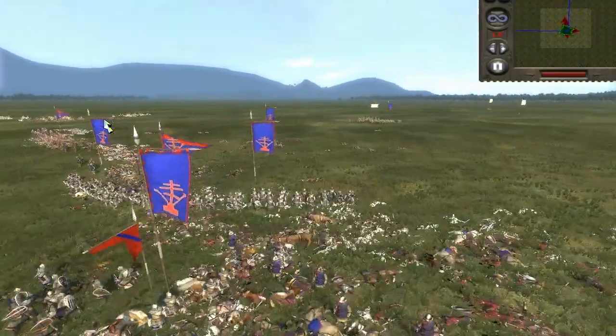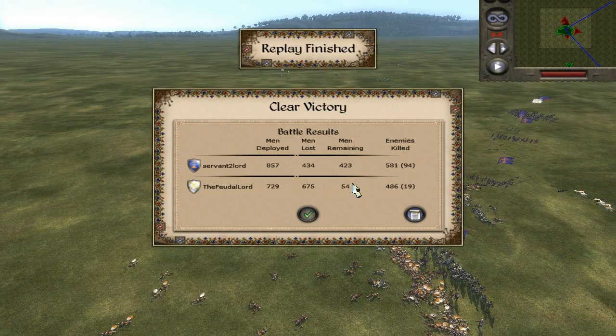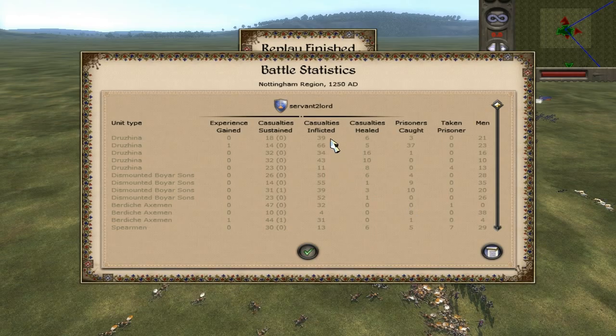So again, very good game, very close one. It says it's clear, but I thought it was pretty close, to be honest. That really could have been on. I won the cav fight a little sooner than he won his part of it, and that basically was the reason I won. So I get 581 with 94, so that's just short of 700 altogether, and he's got 486 with 19, so he's got about 500. So if we look at the stats here,